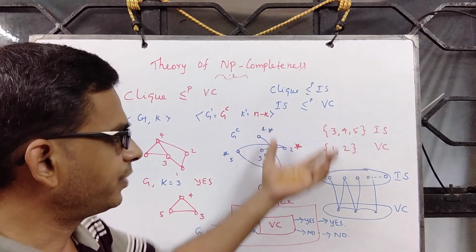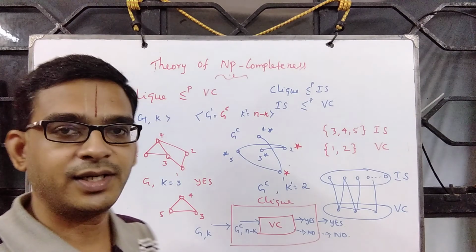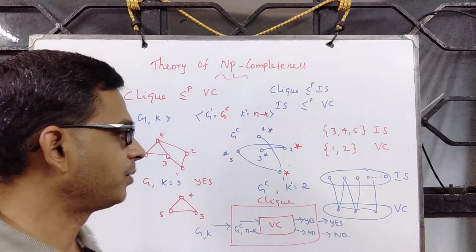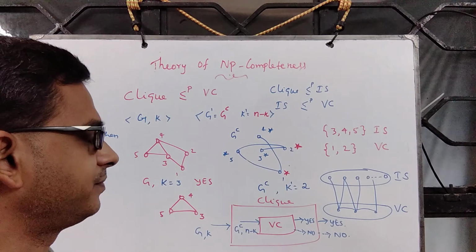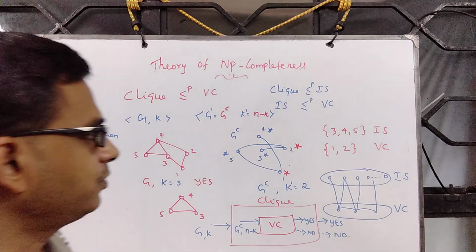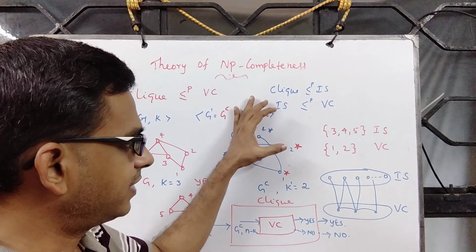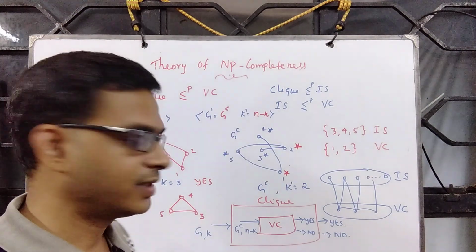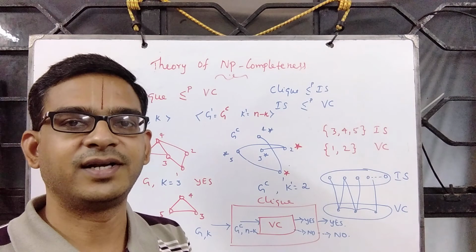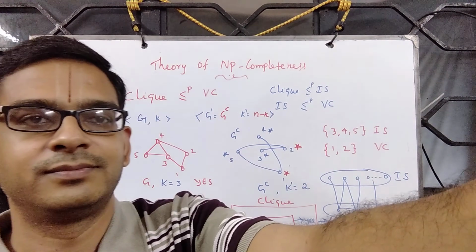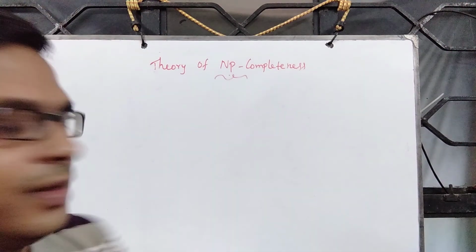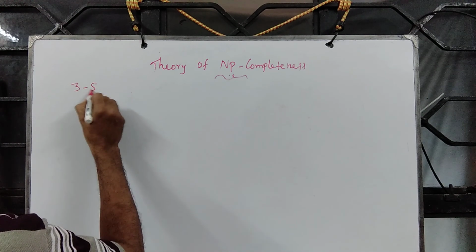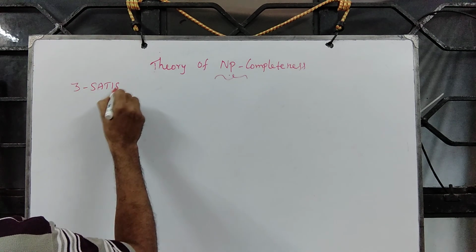That's precisely what this theory is helping us to relate problems. And this set is growing. These interesting reductions help us to compare the relative difficulty of one problem with the other. So now that we have discovered three different reductions, there is more to it which we shall discuss next. So our next case study for discussion is 3 satisfiability.